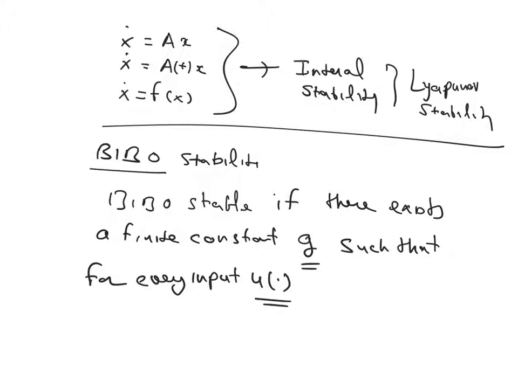So this basically means whatever input you choose, its forced response. Forced response means you're applying an input, your input is no longer zero. That's why it's called forced response. Y of f, the output of the system, is the forced response because you're applying an input now. Satisfies